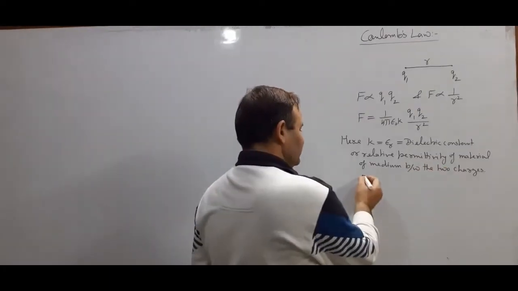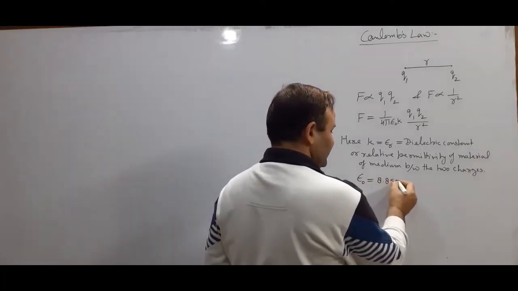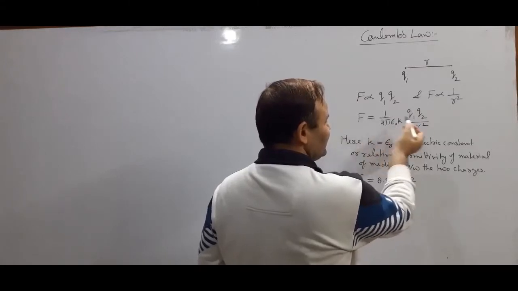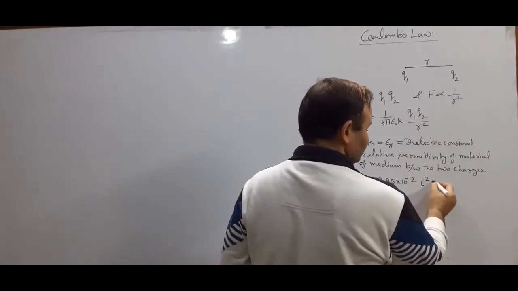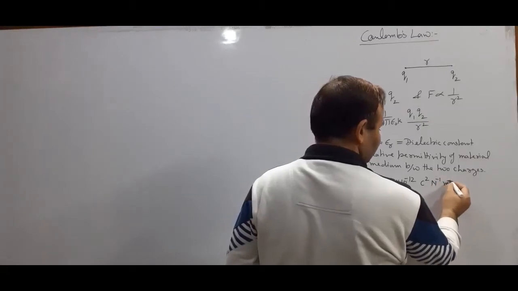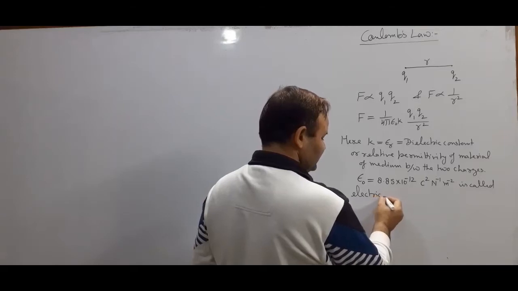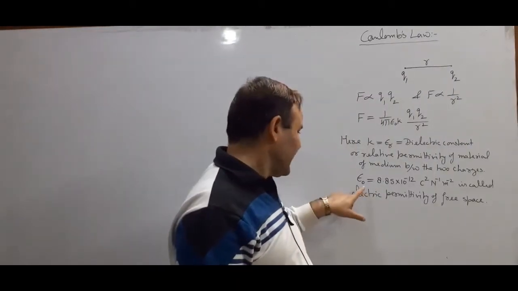Epsilon naught is equal to 8.85 into 10 to the power minus 12, and unit of epsilon naught is Coulomb square upon Newton meter square. It is called electric permittivity of free space. It determines the electrification of